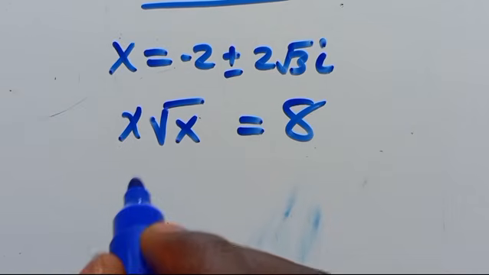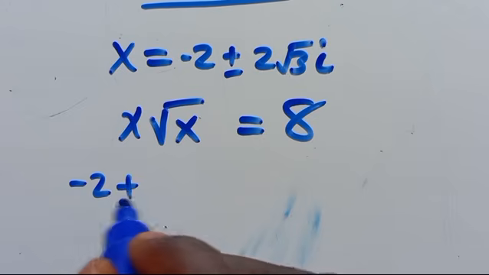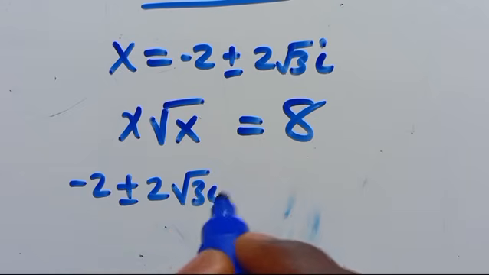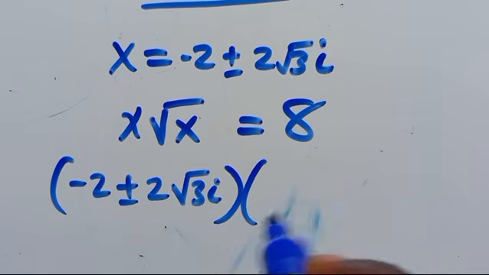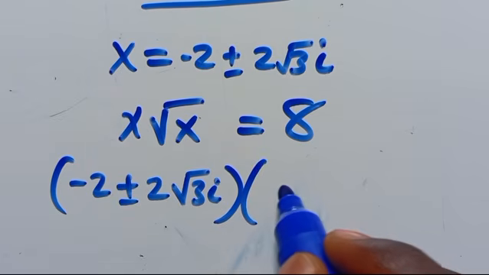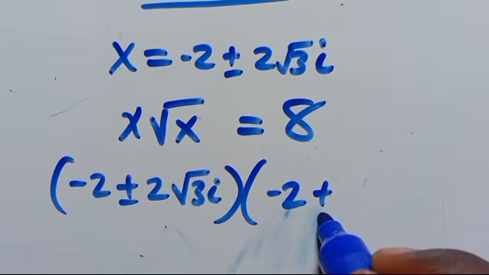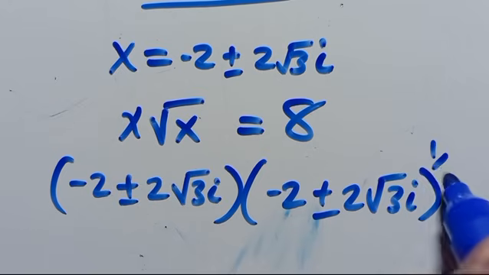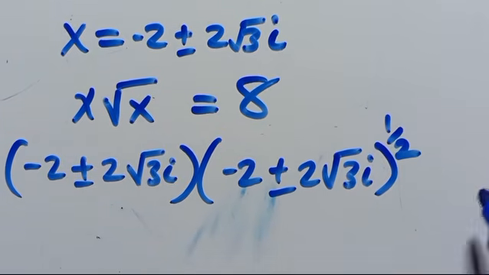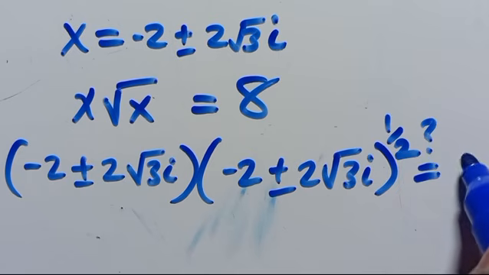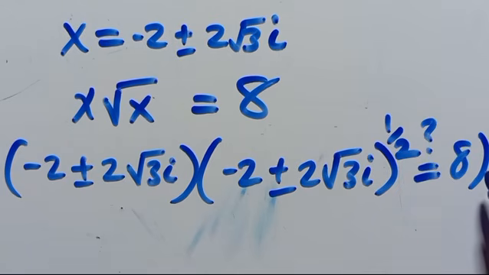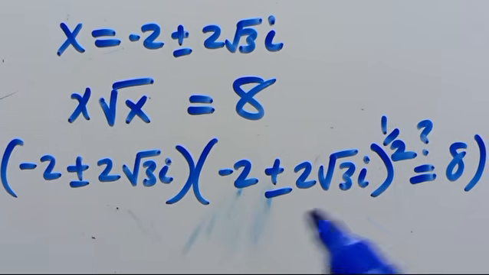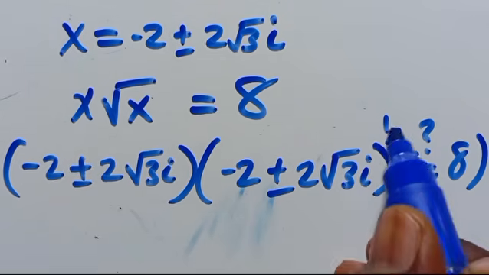And this will now be minus 2 positive or negative 2 multiplied by root 3i, multiplied by minus 2 positive or negative 2 multiplied by root 3i to the power of 1 over 2. Is it going to give us 8? So from here, because of this 1 over